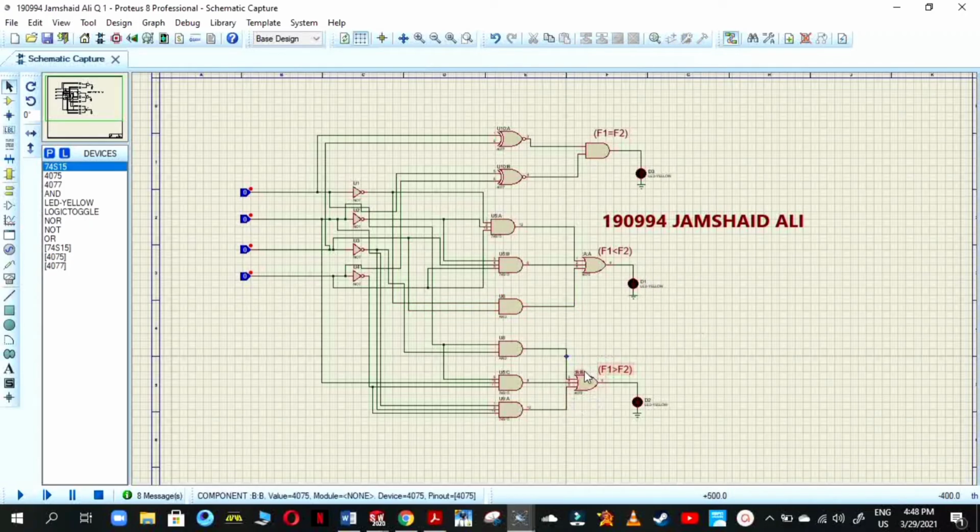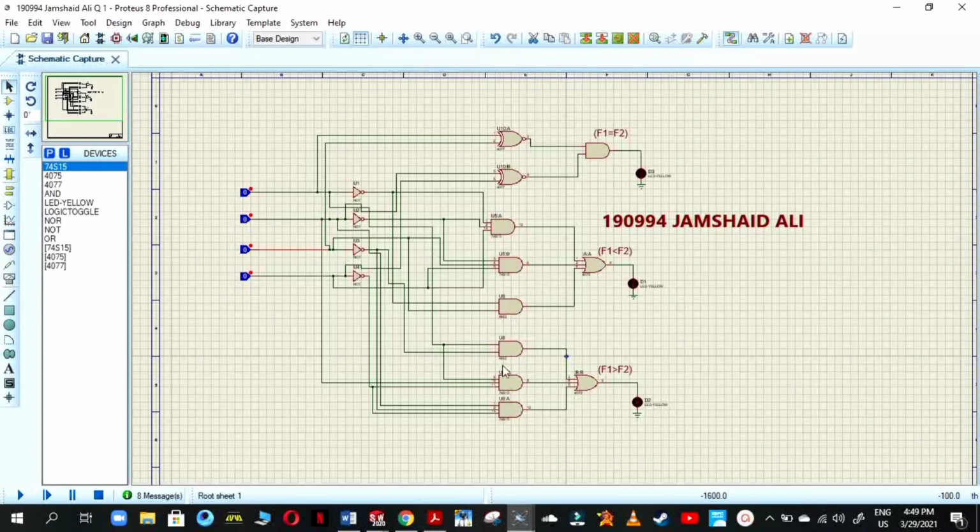In the third condition, we also use 3 gates because we have 3 expressions, and the sum of these 3 expressions will tell us this condition. In the first AND gate, we will combine A as it is and NOT C. In the second gate, we will combine A and B as they are and NOT D. In the third gate, we will combine NOT C, NOT D, and B as it is.